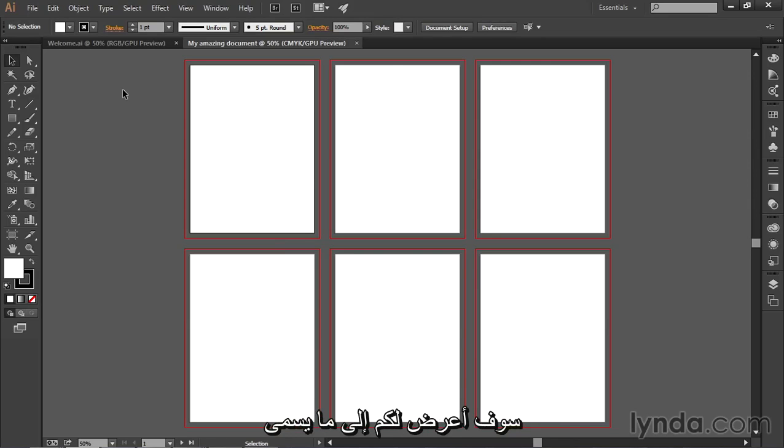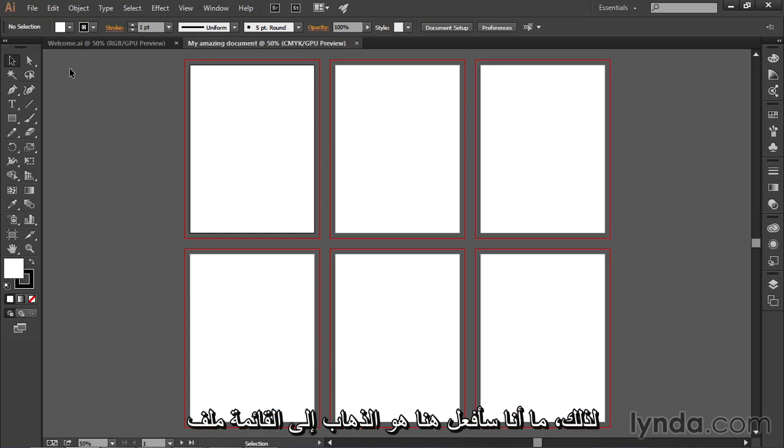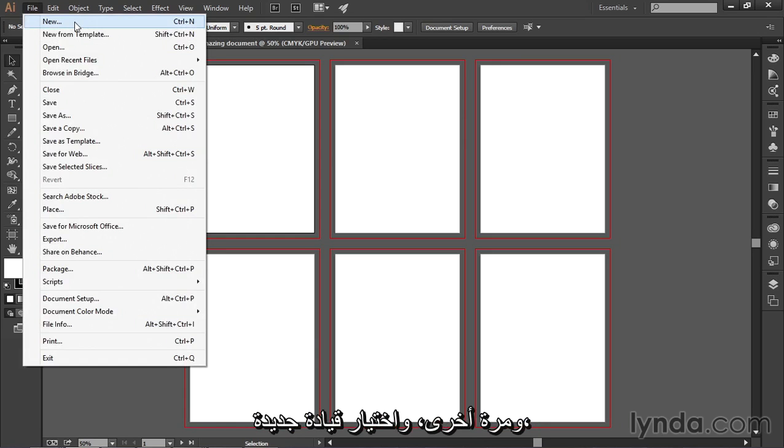In this movie, I'll introduce you to the so-called advanced document settings. And the reason I say that is because they're not really any more advanced than anything we've seen so far. They just happen to reside in a part of the new document dialog box that goes by the name Advanced. So what I'm going to do here is go up to the File menu and again choose the New command,